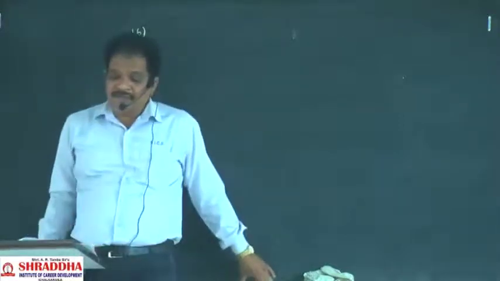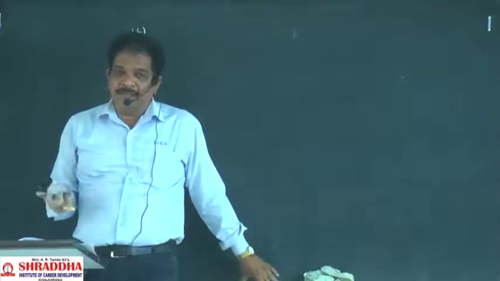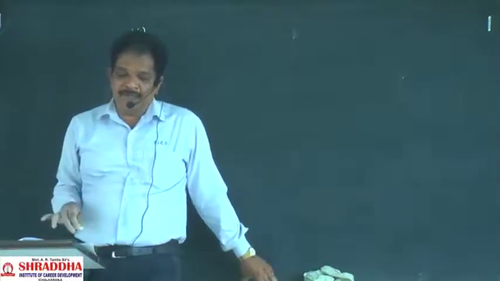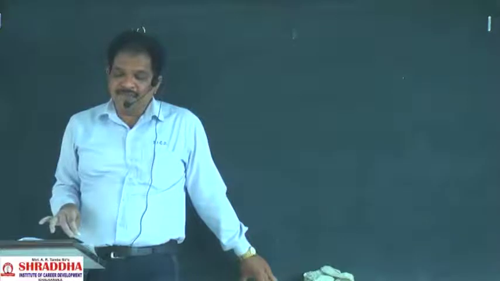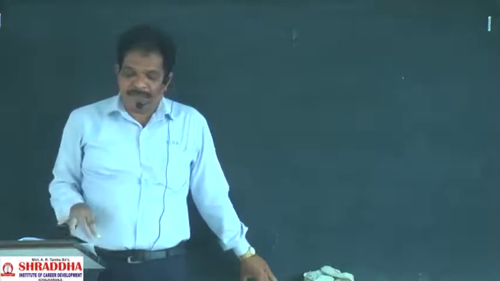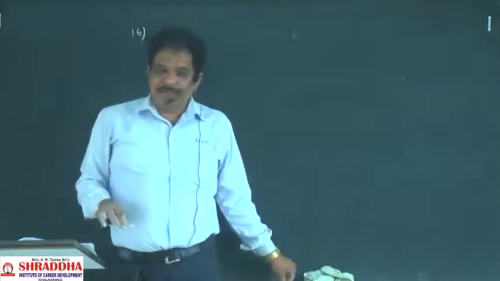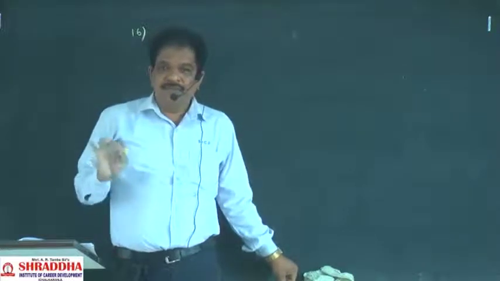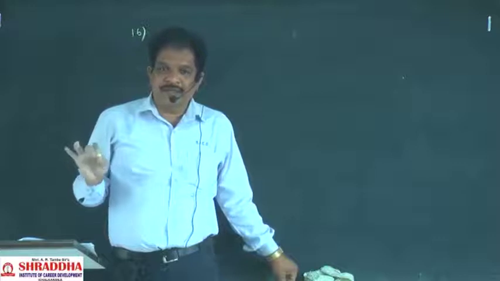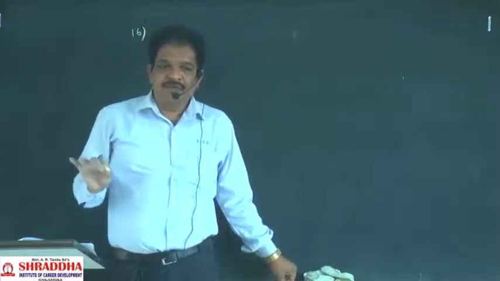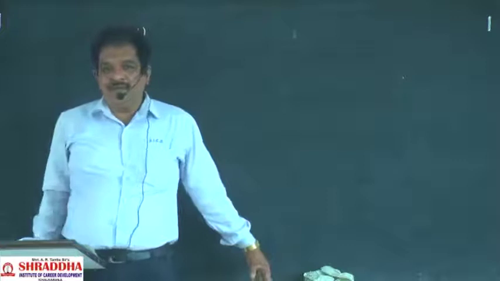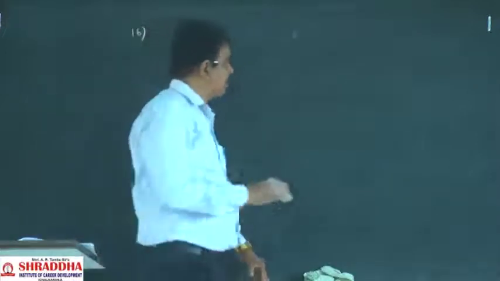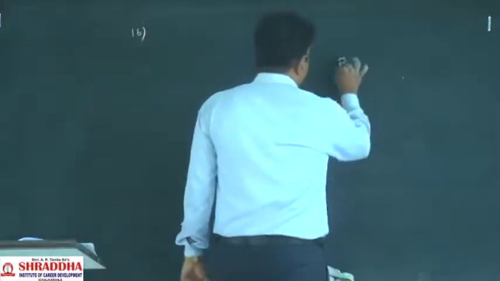Dimensions of magnetic permeability is what? Dimensions of magnetic permeability. What is the dimension? So, charges we discussed. When two charges are separated by some distance, force between them will be 1 by 4 pi epsilon naught q1 q2 by r square. In the same manner, if two magnetic poles